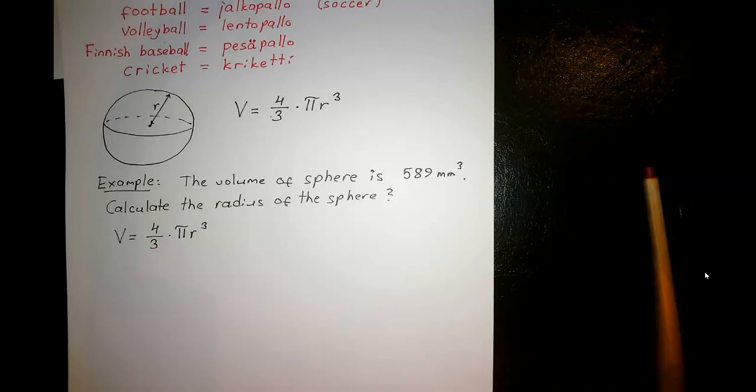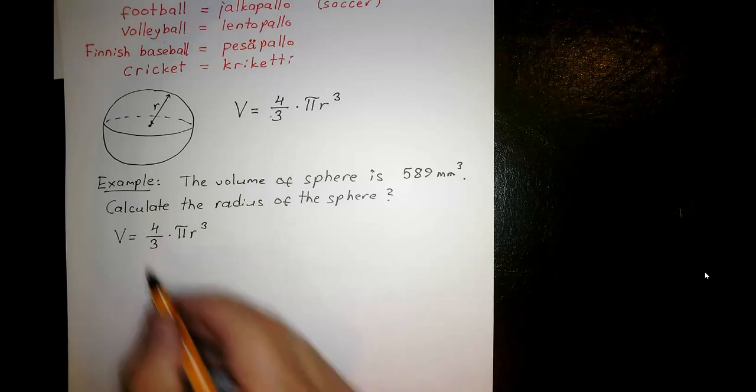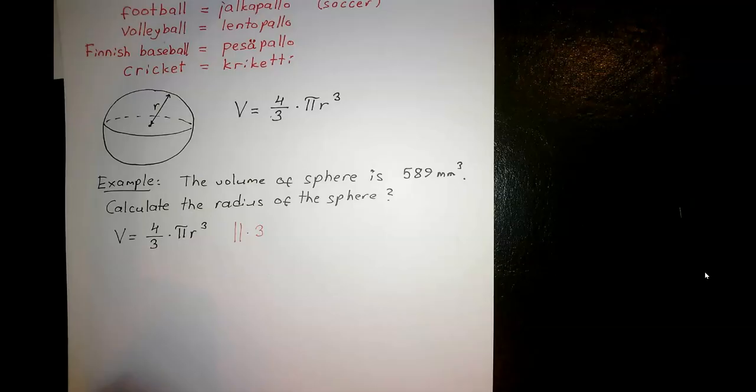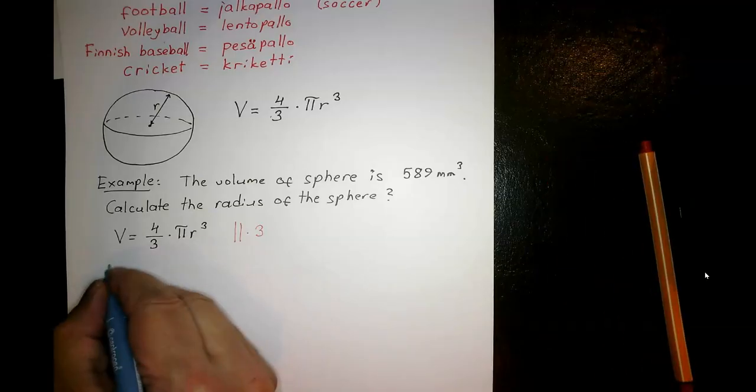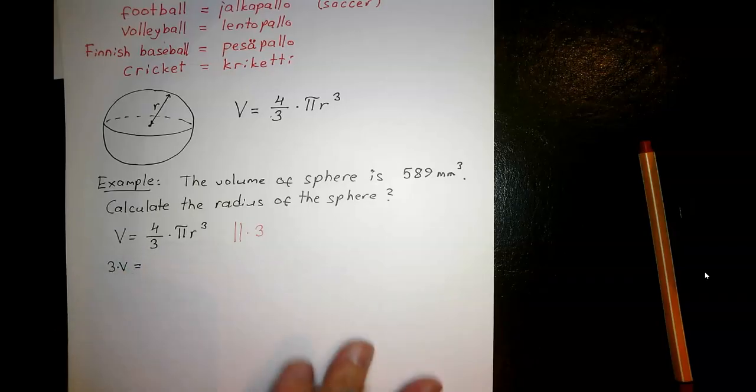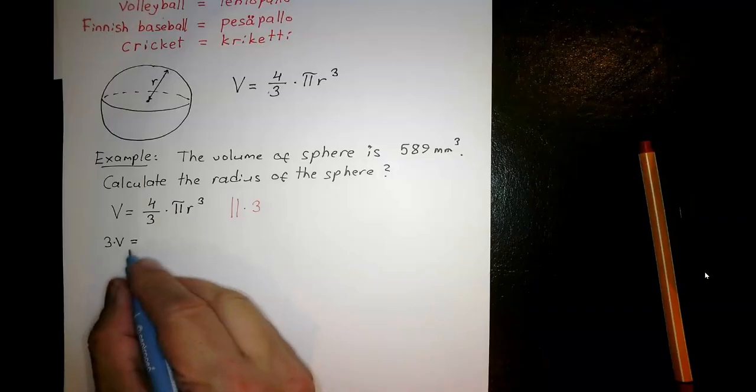There is this division by 3 in the bottom side of the fraction, so we will multiply that away. We multiply by 3. We get 3 times V equals